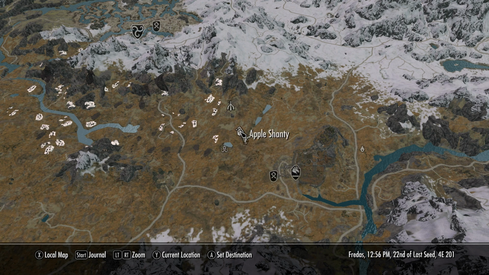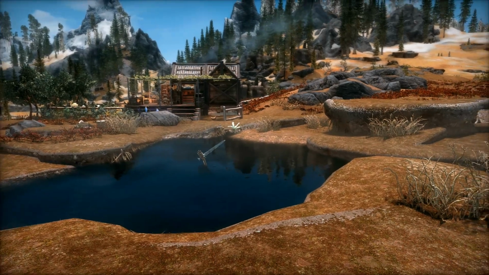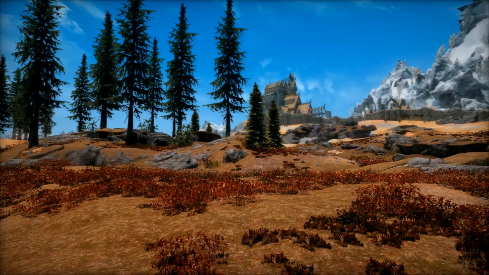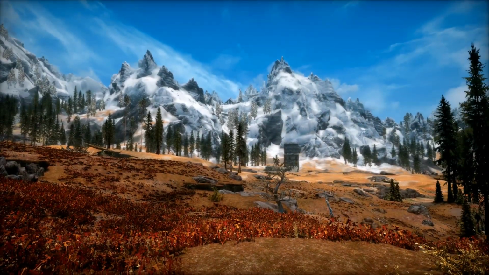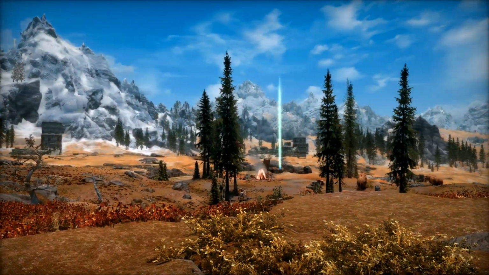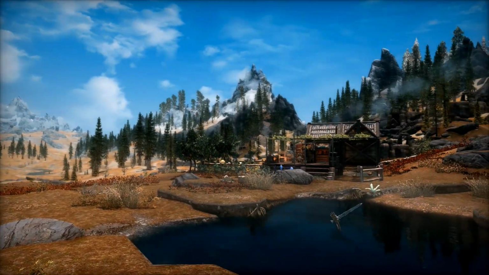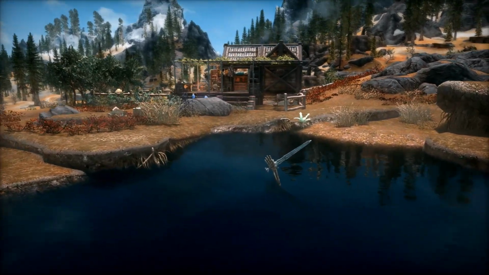And here we are again at Apple Shanty. First, let's take a look around and put everything into perspective. There's Whiterun. There's the Western Watchtower where you battle the first dragon. There's Bleakwind Basin. And there's Apple Shanty. And the first thing I notice is that skeleton arm sticking out of the water holding